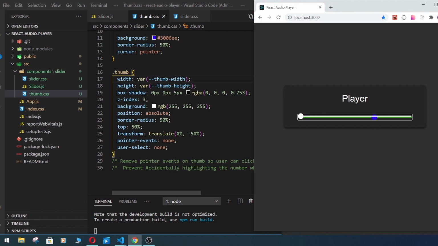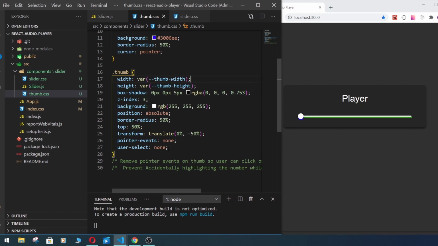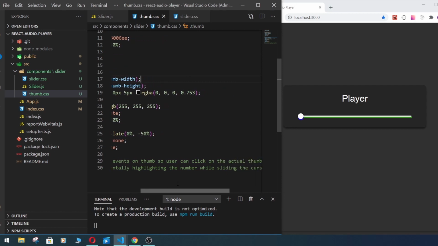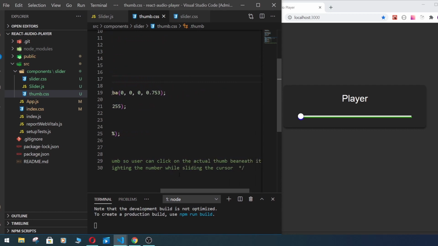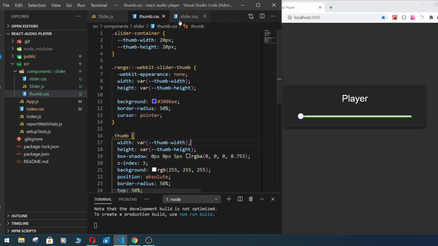So this one is our custom size thumb. So these are some styles: box shadow, position absolute, and pointer events none, which means that when we click on this, actually we want to press on the hidden thumb from the original input, and user select none. It prevents highlighting while sliding the cursor. For this one are initial styles for our slider,